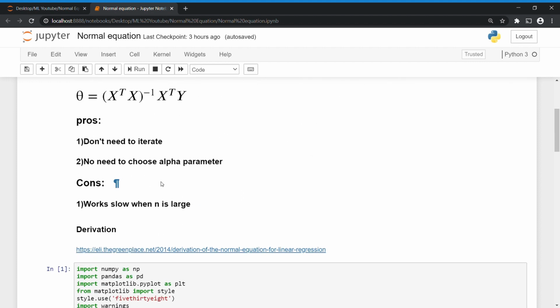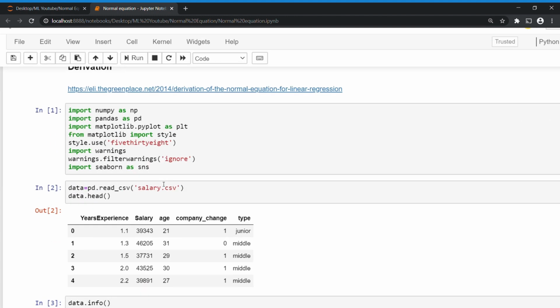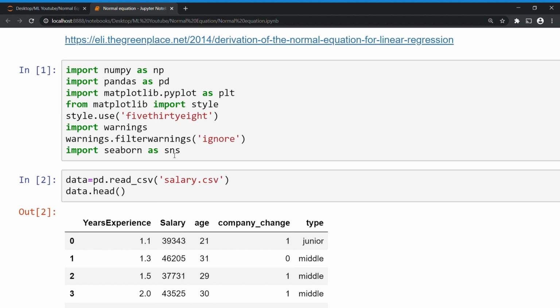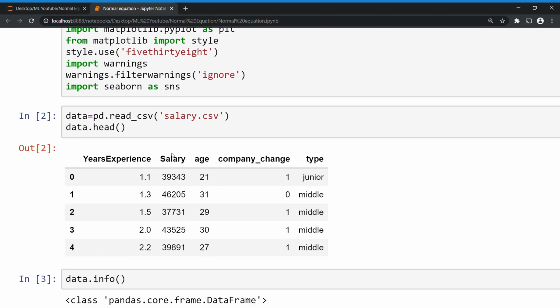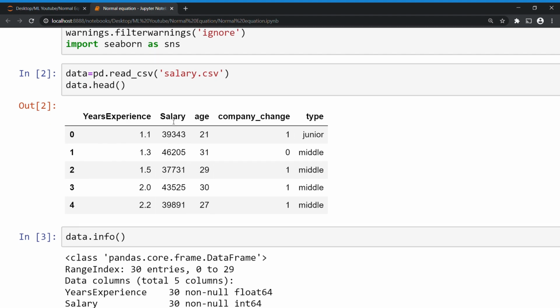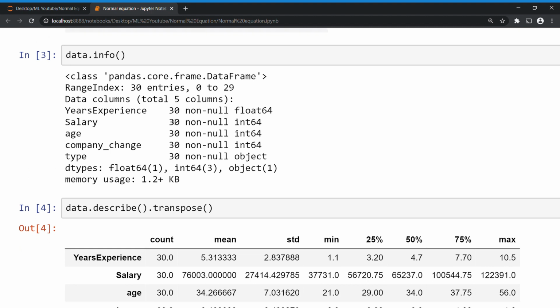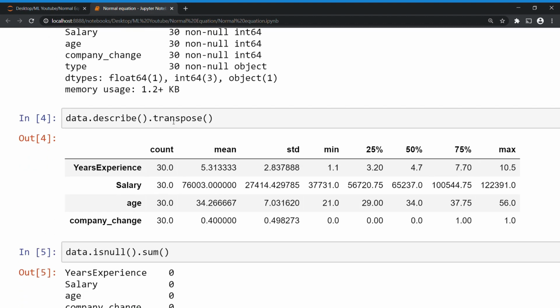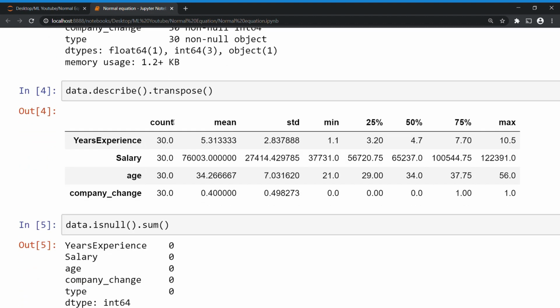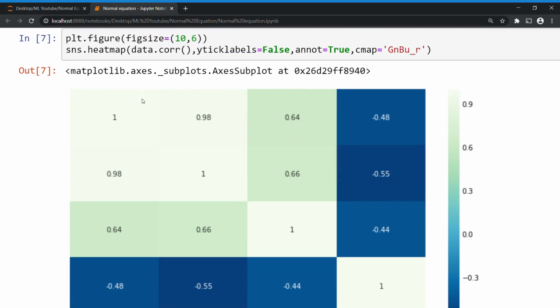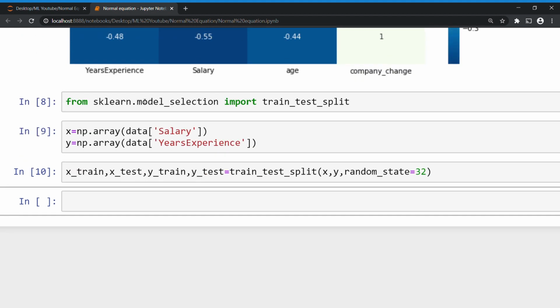Okay, here we have done the code. First we need to import some basic libraries, and next we read the CSV file, the salary CSV file. Already we saw these things in the last videos: data.info, data.describe, data.describe.transpose, isnull, correlation, heat maps, all those things.